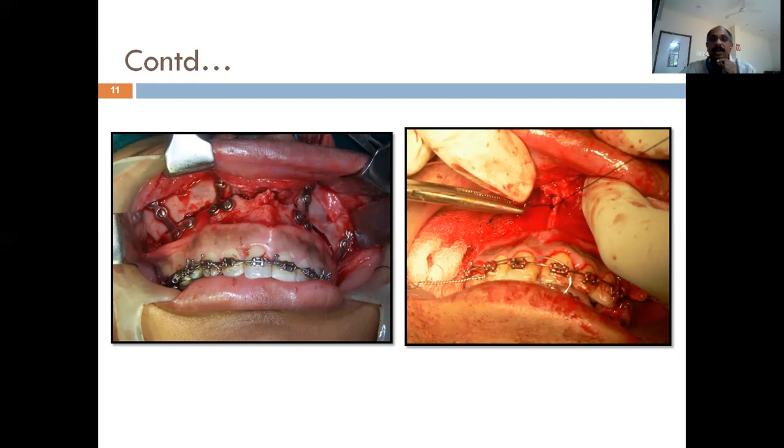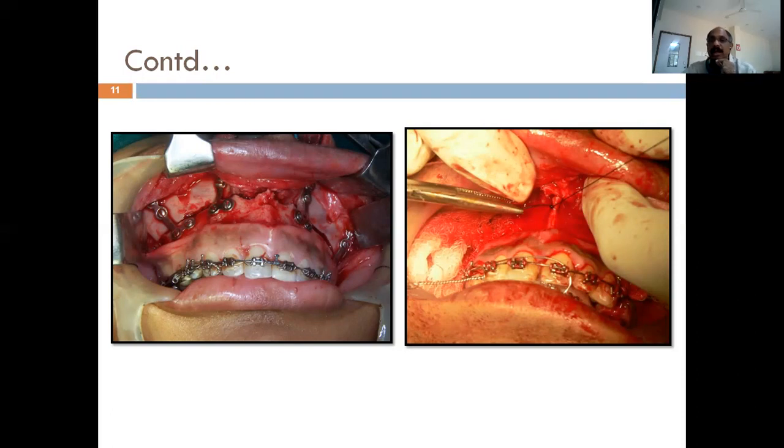And always, if there is any maxillary procedure for that matter, the patient will end up with a flaring of the alar base, because we take the maxilla up, and once we strip the nasal periosteum, the patient will end up with a flattened or widened alar base, and that can be reduced by doing what is called a cinching procedure.